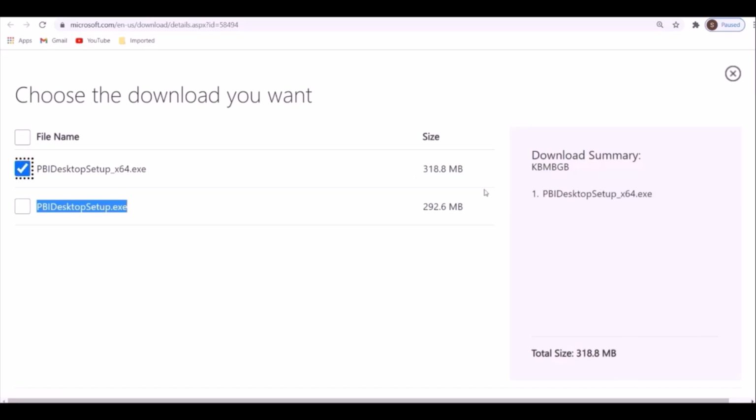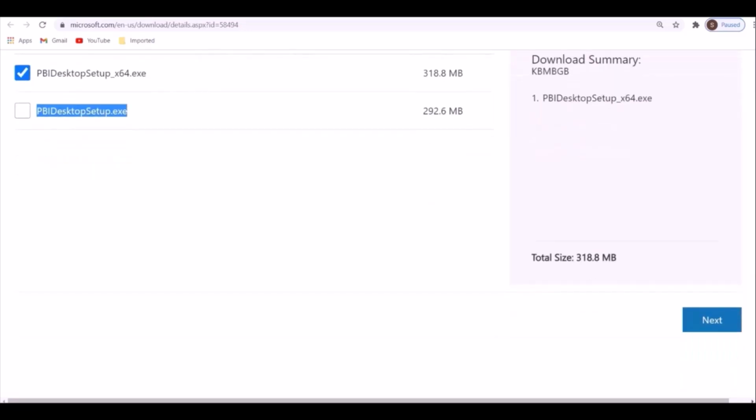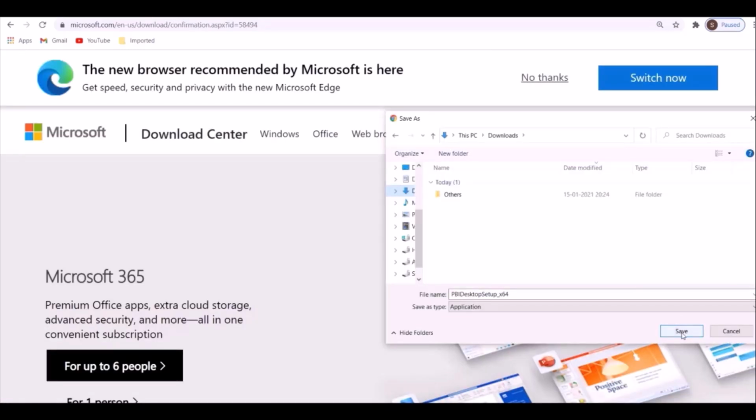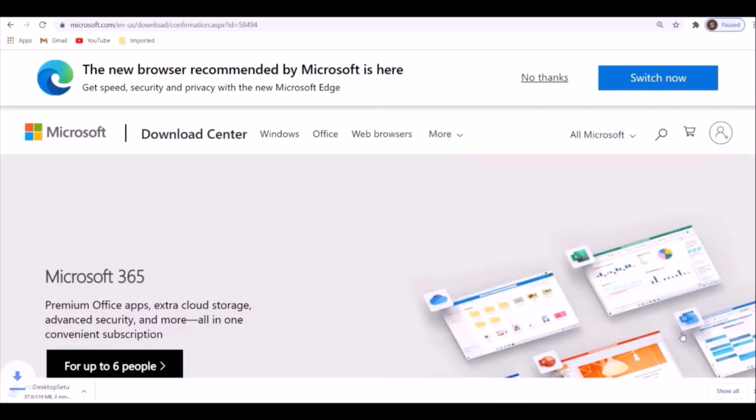Now click on the next button. Download started in my downloaded folder. It will take around 3 to 5 minutes based on your internet connection.